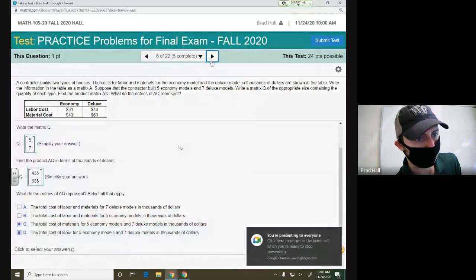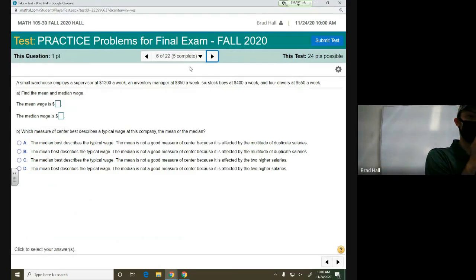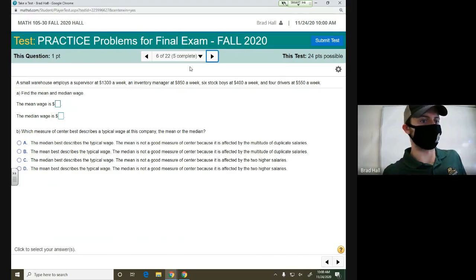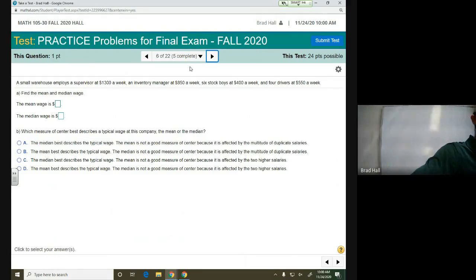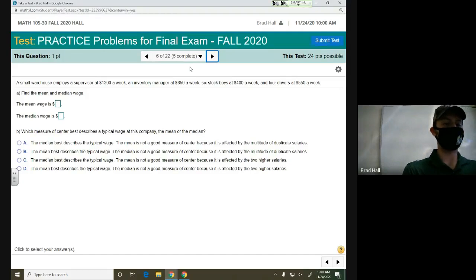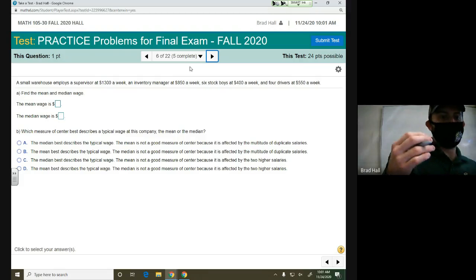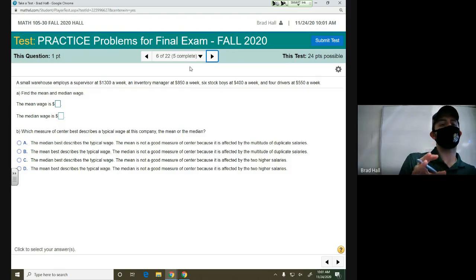So let's go ahead and look at another problem. As we can see from the words mean and median, this is a statistics-based problem. So we should adjust our mindset as such. The mean wage and the median wage. So you can actually plug these in your calculator to figure out the statistical analysis. But the way you put it in your calculator, this one's a little bit of a tricky problem,